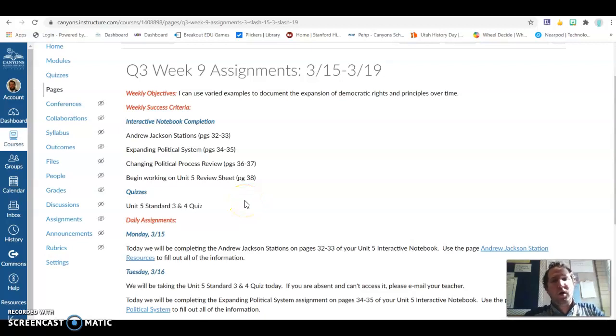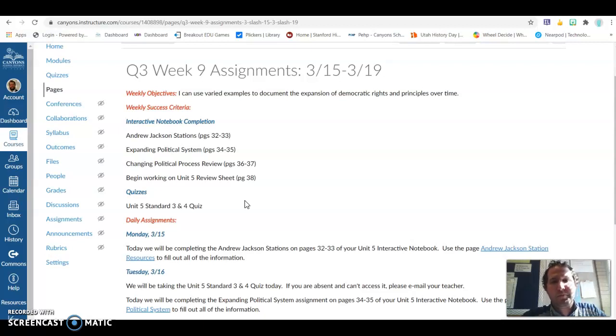Everybody, I am here to walk you through the quarter three, week 9 assignments. This is for the week of March 15th through March 19th. Our objectives for this week, we're going to be using varied examples to document the expansion of democratic rights and